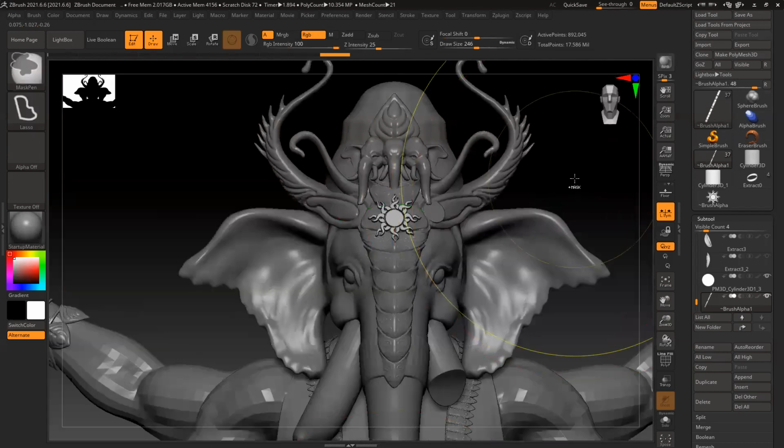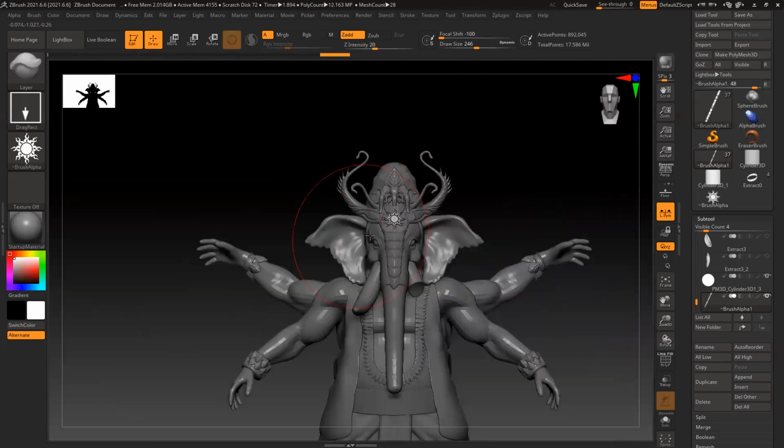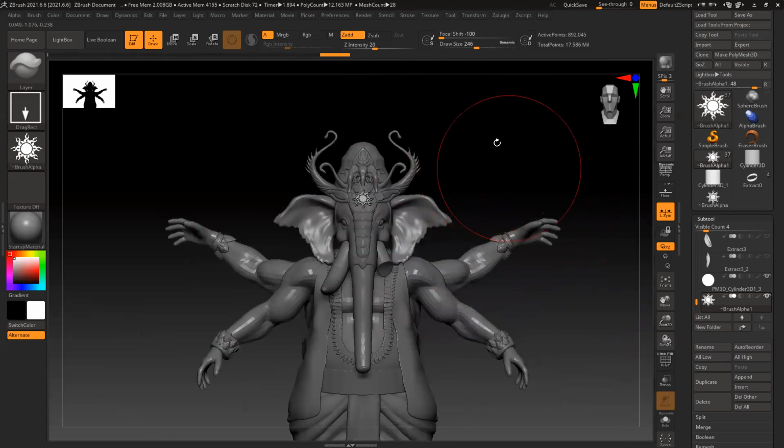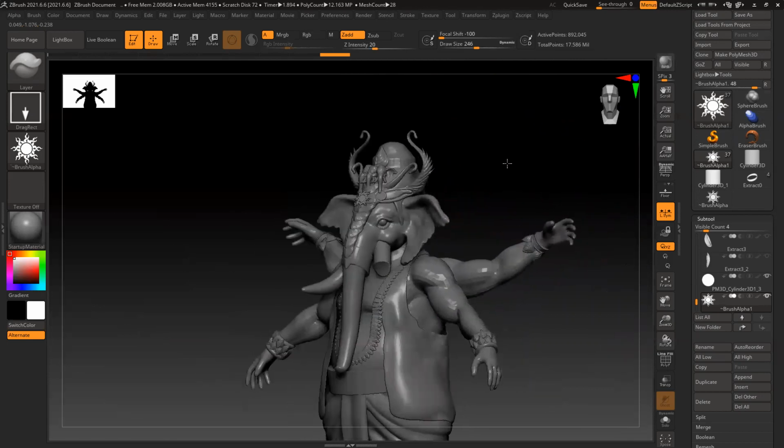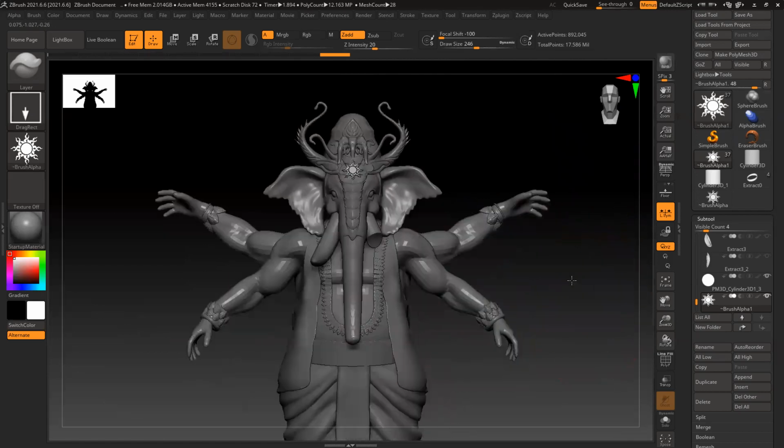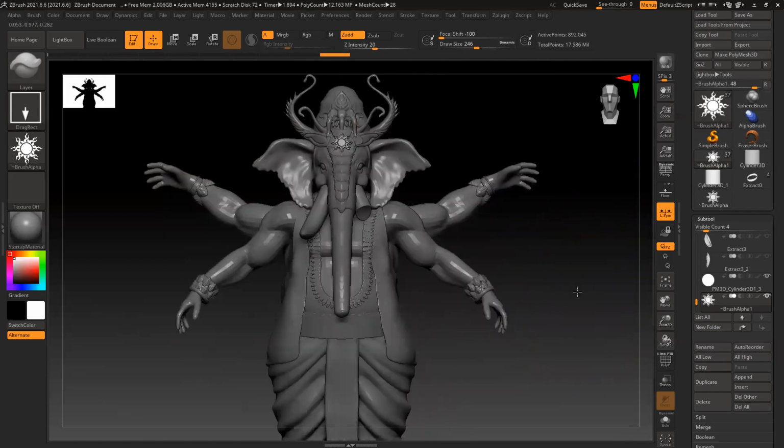Reset, add more design. So adding all this kind of complicated design is not very difficult. You can generate mesh in one click. Generate mesh, clean it up, bring it here, place it. So most of the work is done. So yes, there will be cases where you have a very particular design you have to sculpt. There's no other way. So if you have something generic, you can definitely use this technique and generate all these things very easily. So we add more jewelry and